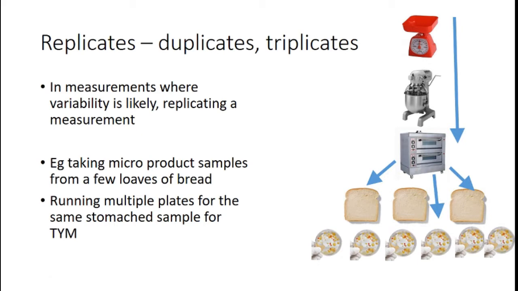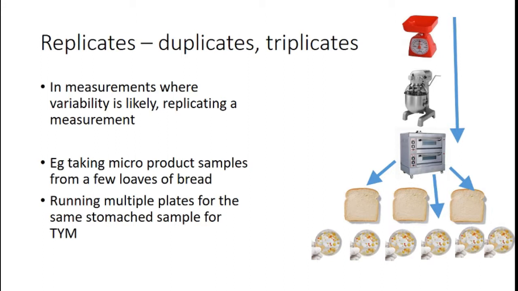For example, if we were doing our bread experiment again, we may be making not just one single loaf, but multiple loaves of bread, and then subsampling from those multiple loaves and doing multiple total yeast and mold plates